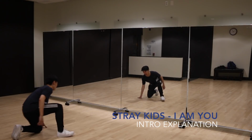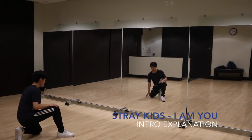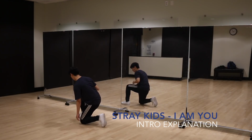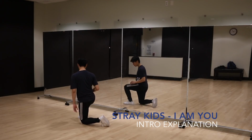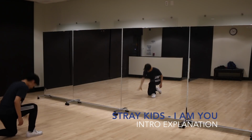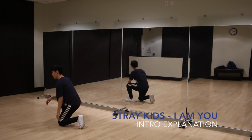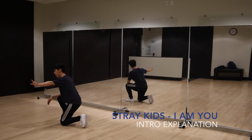And 1, you're going to slide forward with your left knee and bring your right leg around. So what that's going to look like is 1, like that. And you're going to end up facing the left. So here, on 7, 8, and 1, 2, this is mostly on lyrics, I think counts-wise, it's on 3 and 4,